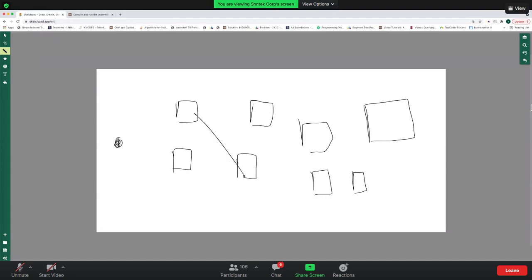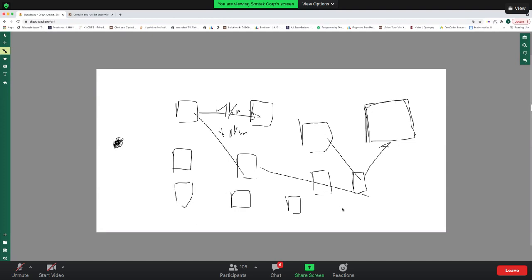So let's say this can be connected to this, can be connected to this. There are lengths associated with all of them. So let's say this is 4 kilometers, there is 10 kilometers. Let's say there is no path between both of these houses, and in the end you want to reach your destination. And I want you to calculate the shortest distance from this point to the end position.